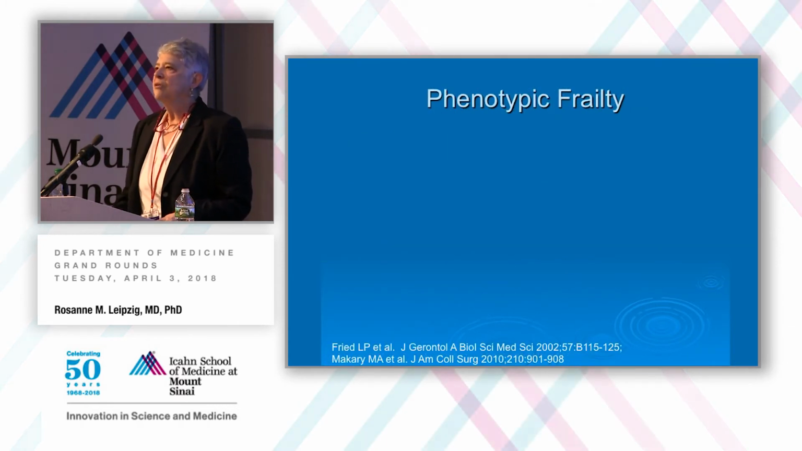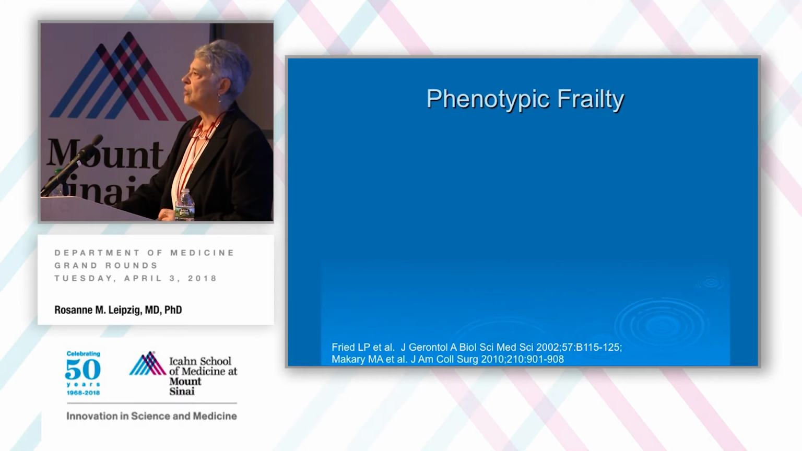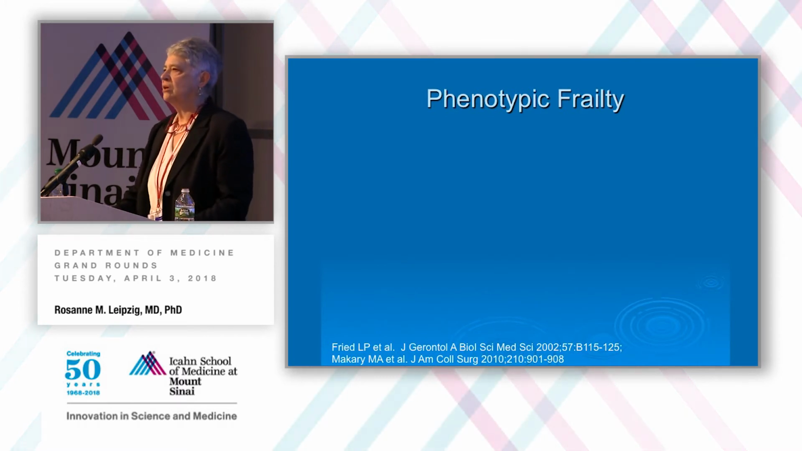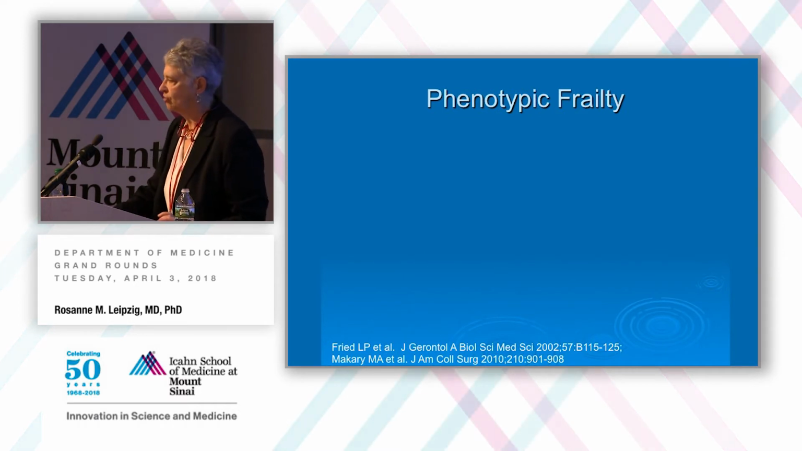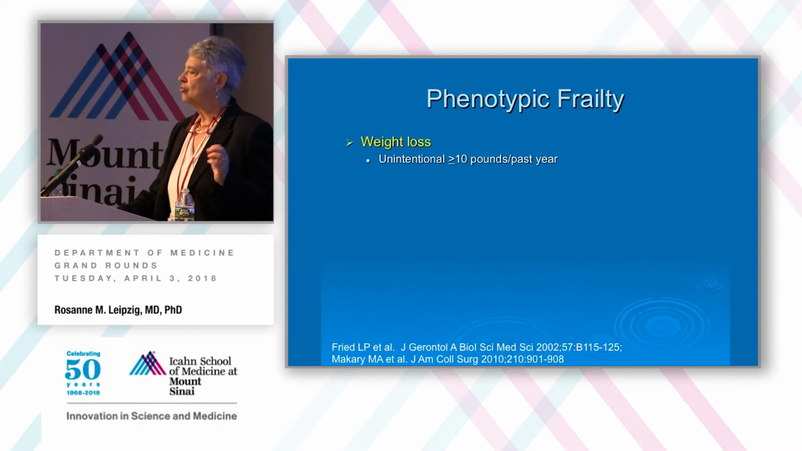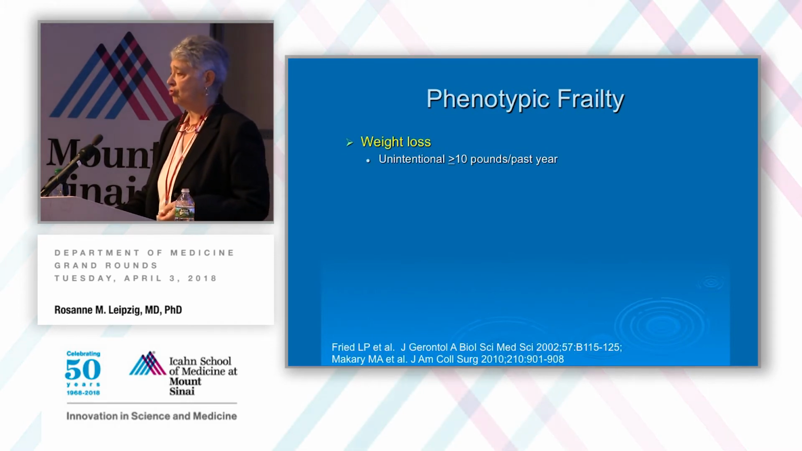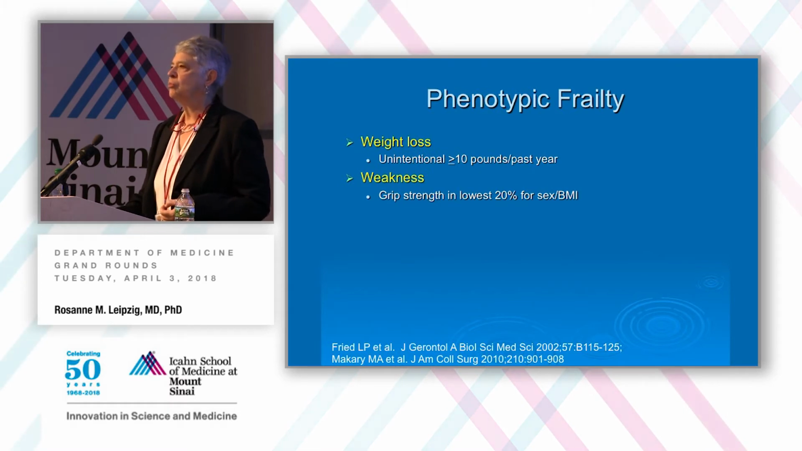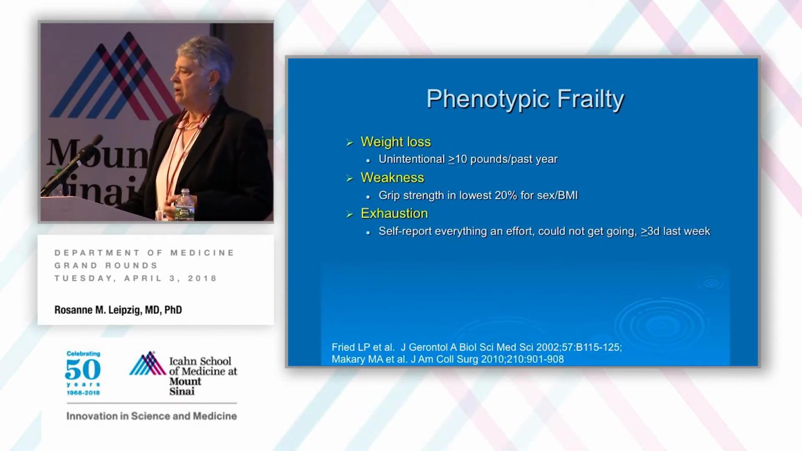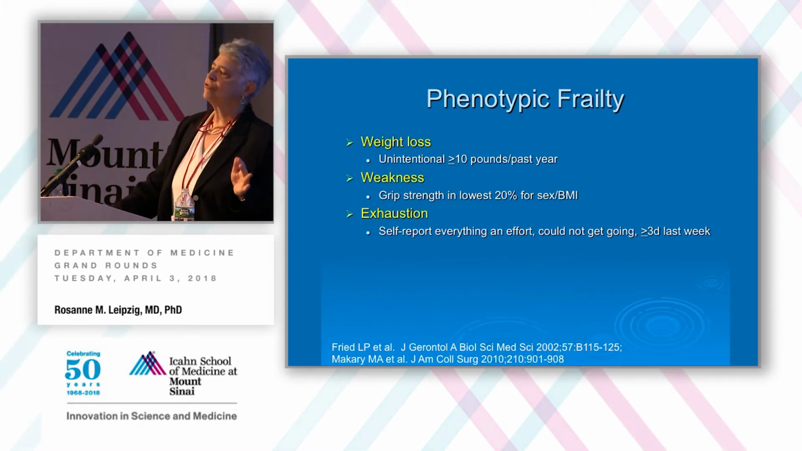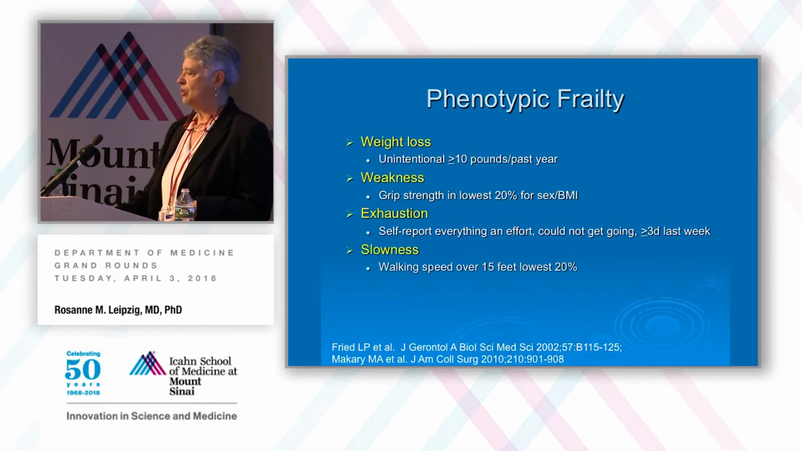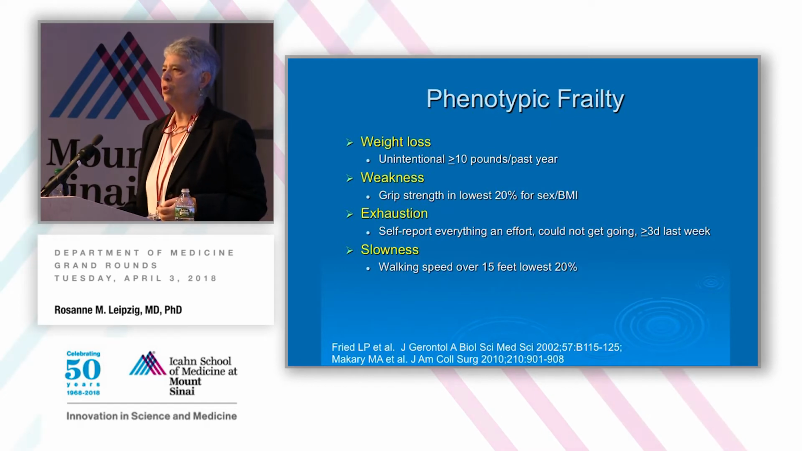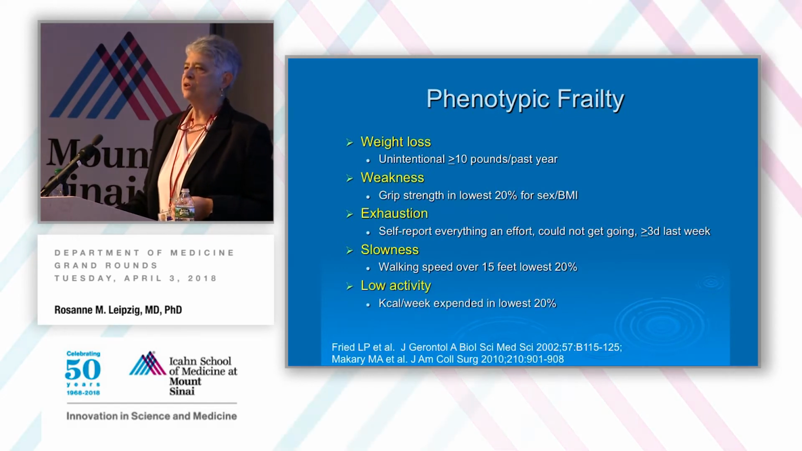So the classic phenotype of frailty was developed by Linda Fried at Columbia, who's now the dean of the Mailman School of Public Health at Columbia. And there are 5 parts to it. This is a research definition. Most people will not use this in practice, but I'll show you something that you can use. So this is an unintentional weight loss of 10 pounds or more in the last year, a grip strength that is in the lowest 20% for your sex and BMI, reporting that everything was an effort and you couldn't get going for more than 3 days of the last week, walking speed, which is for 15 feet, which is within the lowest 20%, and low activity in terms of kilocalories,